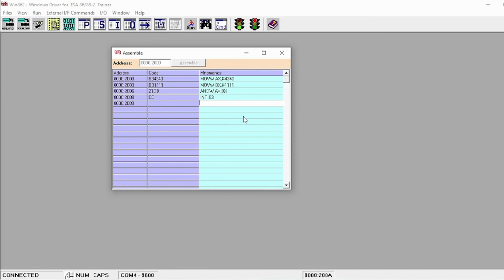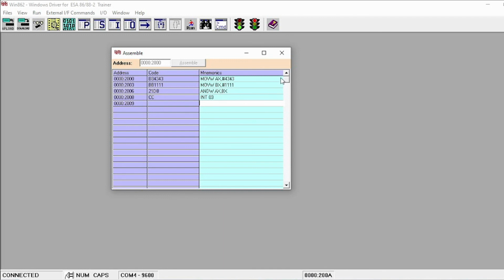So this is the program to perform 16-bit logical AND operation. Now, here AND AX, BX means that after performing the AND operation, the result will be stored in the destination register, that is AX register.